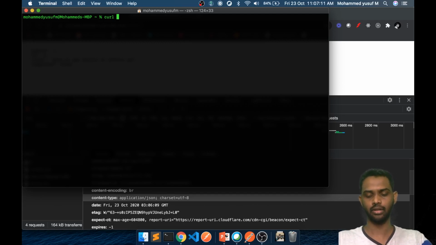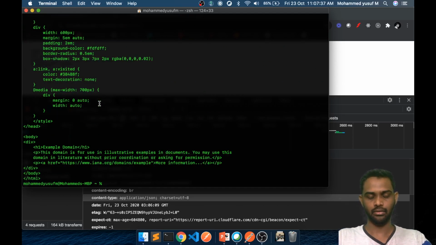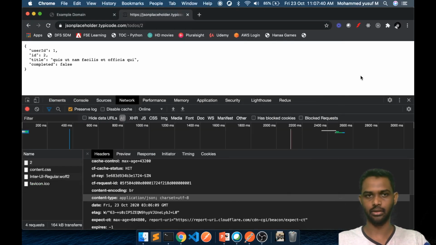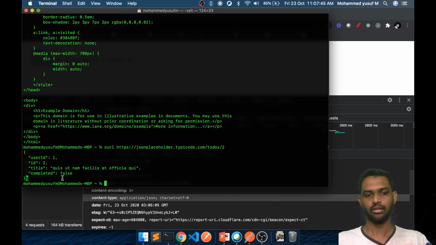So here what I'm going to do is curl, the same http://example.com. What we get is the response, the HTML data itself. While executing this URL in the browser, you see it as a web page because the browser is rendering this data. Otherwise we would just see the data only. Similarly, if I do curl with whatever URL we specify here, paste, and we get the data. This is the way it works.